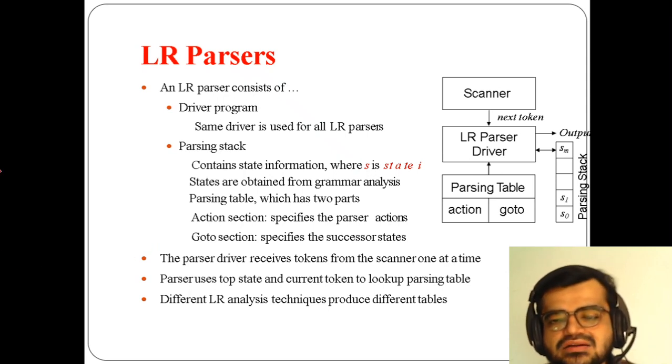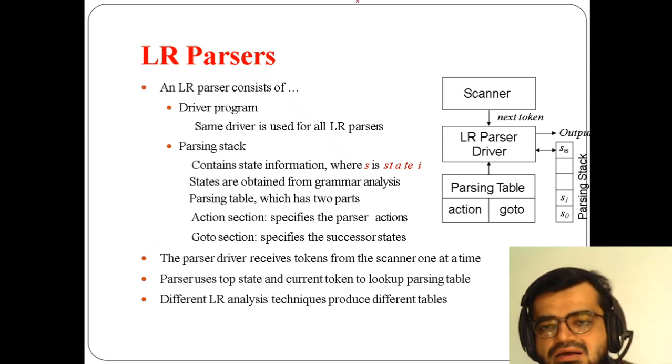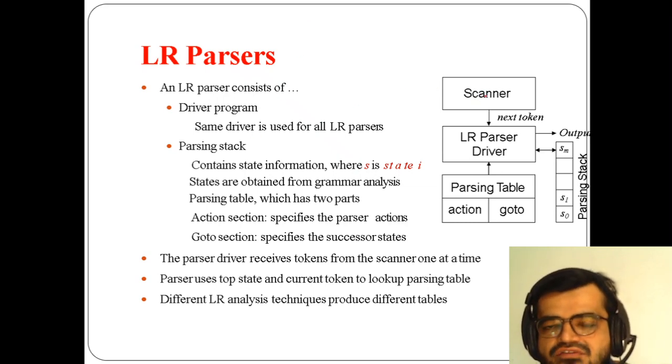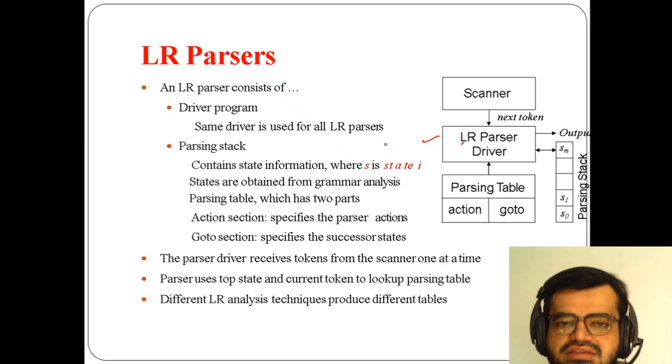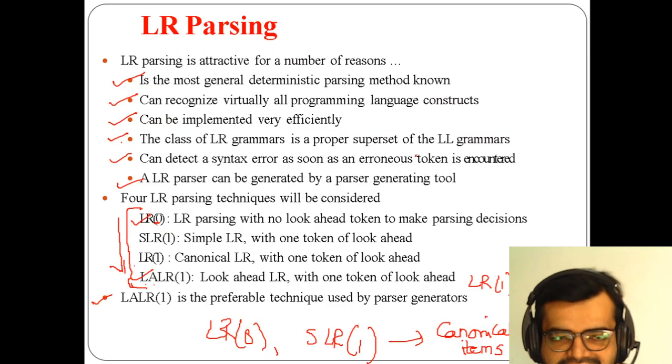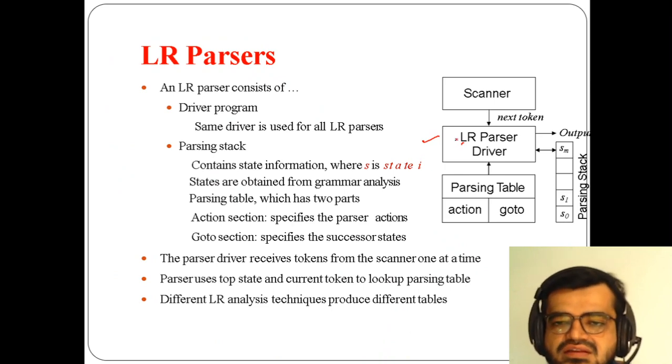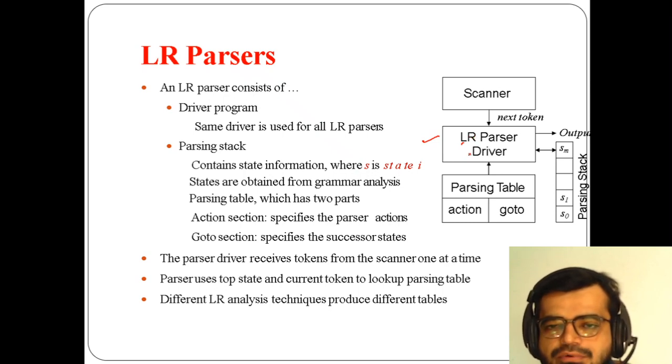Now what is an LR parser, and how will the structure of an LR parser be? This structure is common for all the techniques. You know, a parser gets tokens from the scanner. The scanner will give you a set of tokens, so the tokens are received through the scanner, and this is the part of the LR parser which is termed the LR parser driver. So this driver will be used by all the techniques. That means we have seen 4 techniques in LR parsing, and all of these 4 techniques will use the same kind of LR parser driver. Okay, so it is actually a program that decides how things have to be performed,